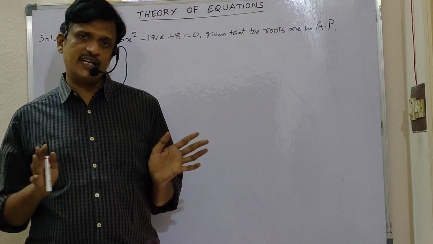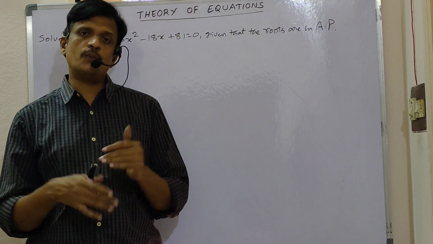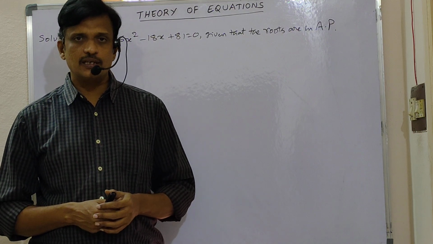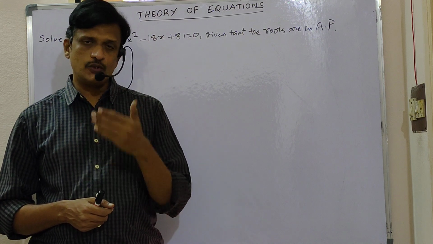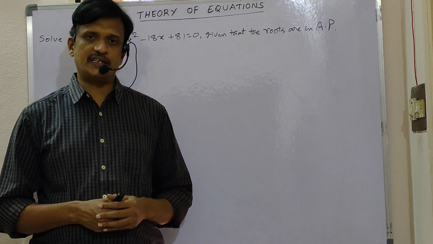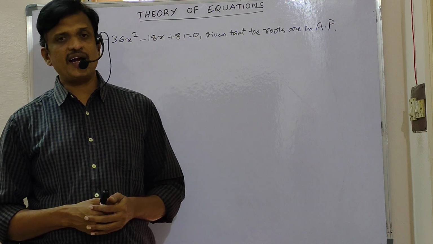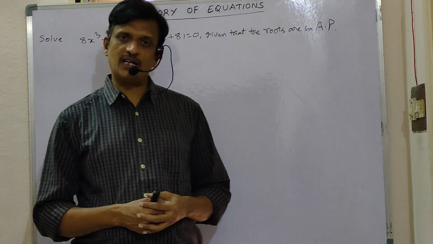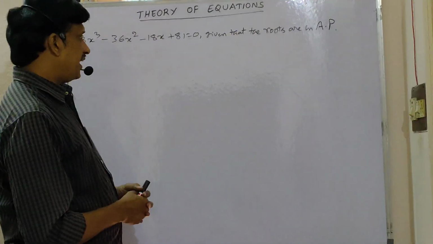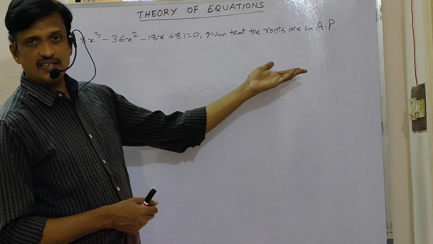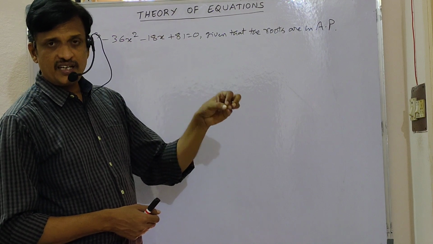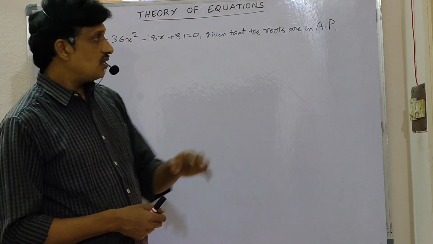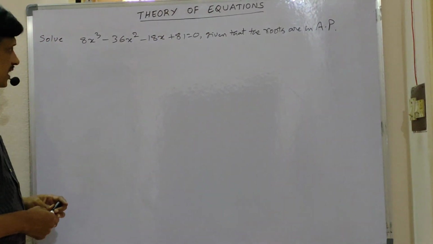If we don't have any condition, we have to find the first root by using the trial and error method. After getting a root, by Horner's synthetic division method you can reduce the degree to a quadratic. Then the roots you can find by factorization or by using the formula. But here, if we have any condition, meaning if there is something given about the roots, here solve the given